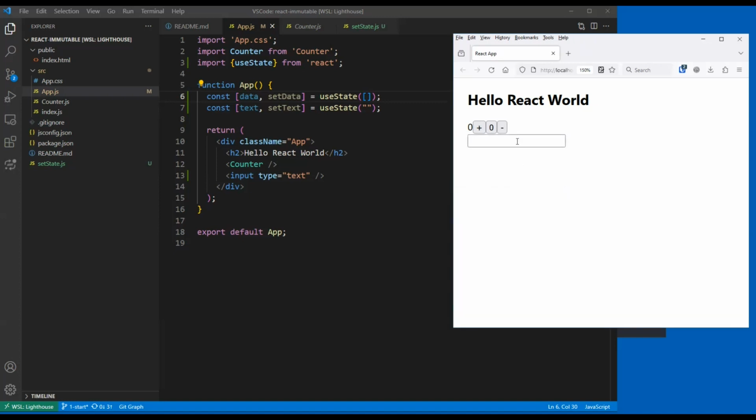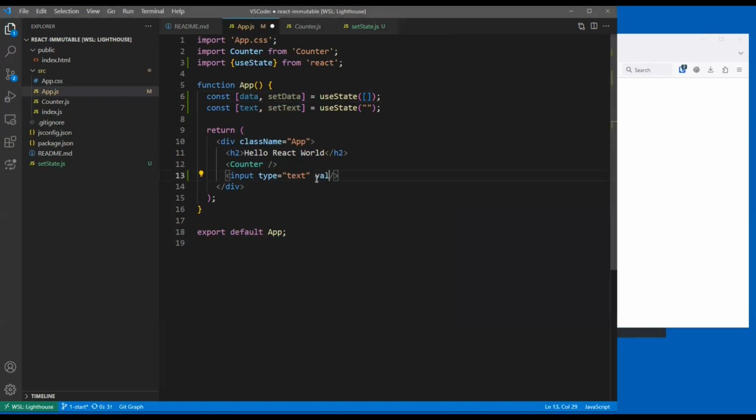Right. There's my input, but it's not connected to state, is it? So I have to connect this input to state. That's easy. We just do the usual value equals and on change equals. Piece of cake now. Okay, so value equals my text and on change equals, I don't mind putting this inline. It's pretty easy to do. We just go